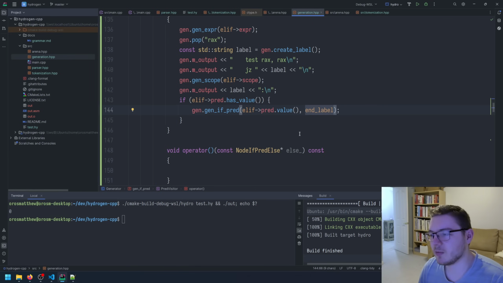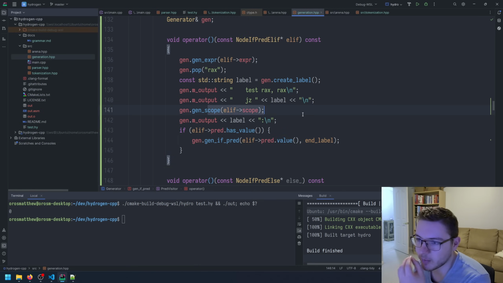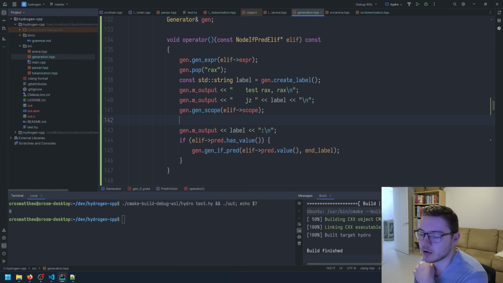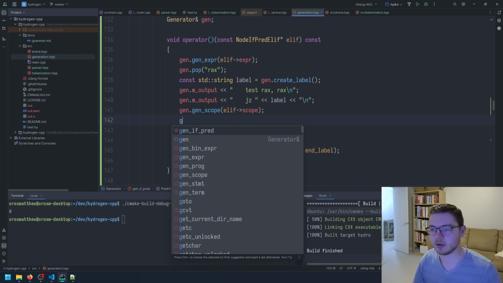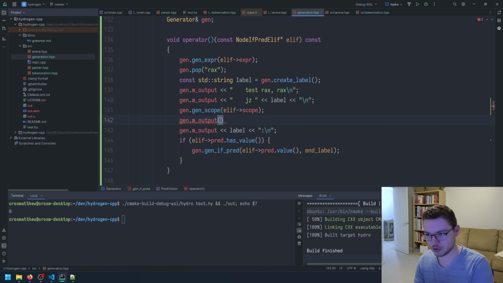You know what? I don't think we need this end label. Oh no, we do. We need this end label because we generate the scope, and then we need to jump out of here. Because as soon as one of the else ifs is true, we need to stop doing the rest of the else ifs and then jump to the end of the if statement. So then we could do,